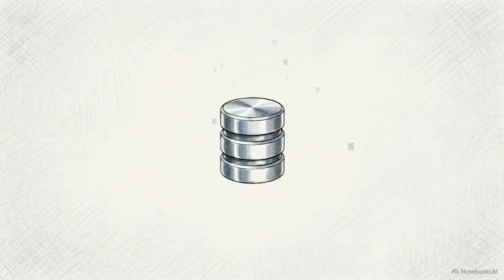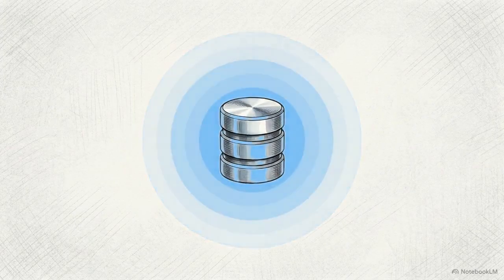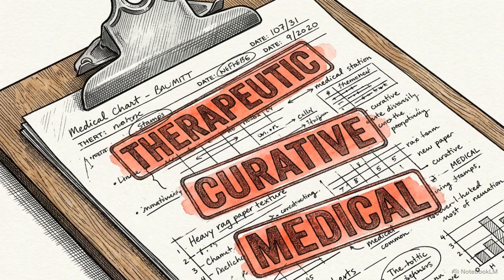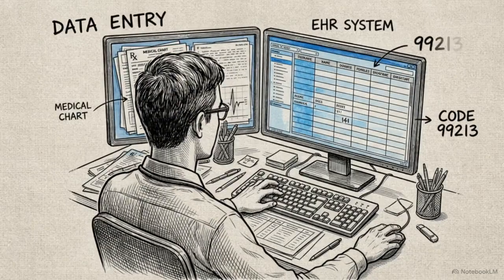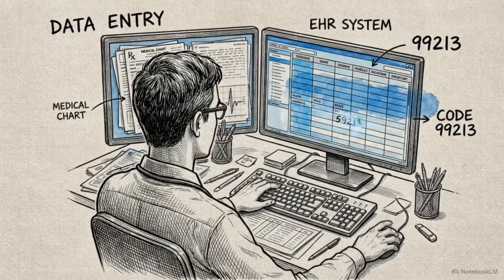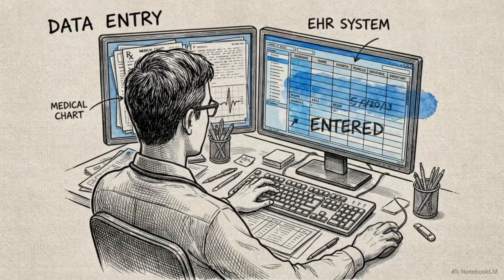But to perform any of these analytics, we need aggregate data, combined information from thousands of individual health records. And raw clinical data is inherently messy, filled with unstructured text and overlapping medical synonyms. This flow diagram illustrates our ultimate target, translating raw data step by step into wisdom, pointing toward the triple aim. To the right are its three specific goals: improving patient care experience, reducing per capita cost, and improving overall population health. Reaching those endpoints requires a deliberate process of taking chaotic clinical inputs and forcing them into a rigid, standardized